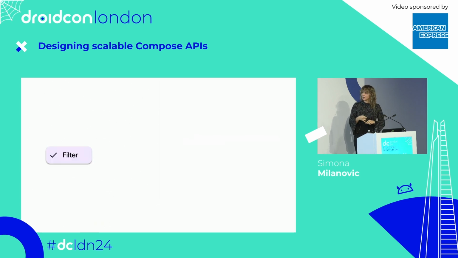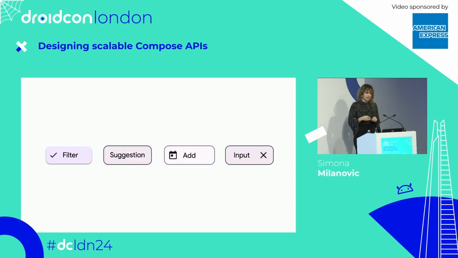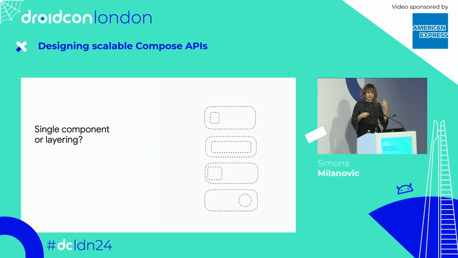But if you need the filter chip to do a bit more, like representing suggestions or quick actions, this could be a signal to you that these additional problems should be solved in a different place, which leads to our next design question. If your idea spans multiple problems, you should try to break it down into separate components or